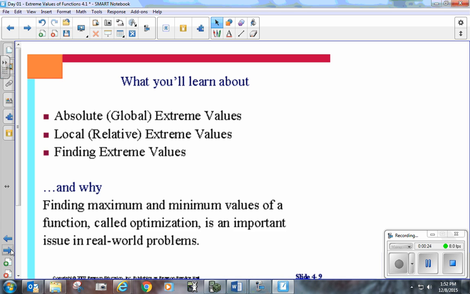All right? The absolutes. Or sometimes they call them global extreme values. Local, those are really mins, maxes. Mins and maxes, extreme, extrema. And why are we going to do this? Because finding the maximum and minimum values of a function